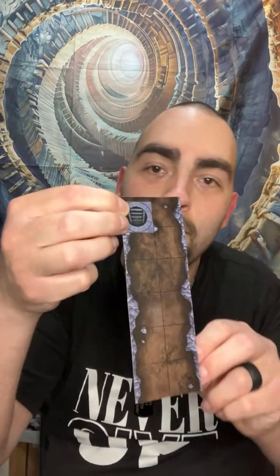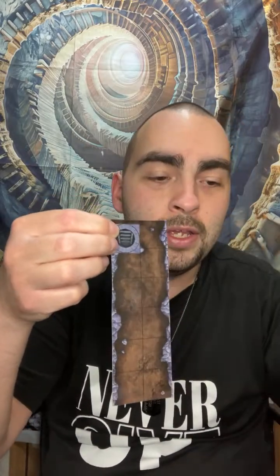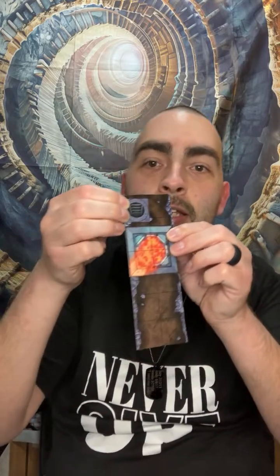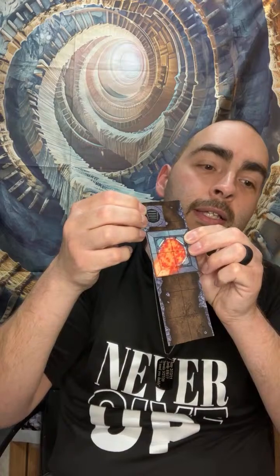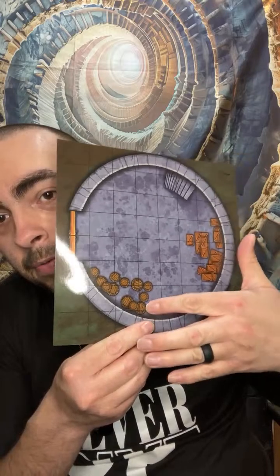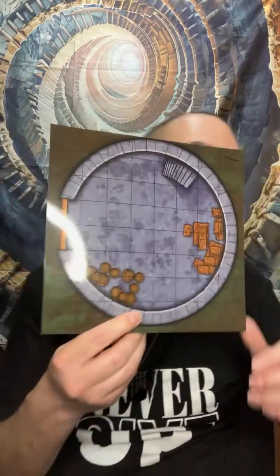Once again, this token is included in Dungeon Craft Volume 2, so that would be their way up into the first tower. But then I put this here, which was like a fire trap that they had to get past. And so they did. Obviously, they got through the fire trap, got up the ladder, and into the first level of the first tower, which was this guy. And so they came up like under one of these barrels, and they came out, and they had to fight